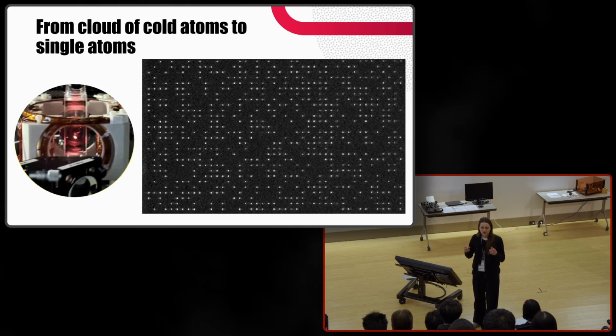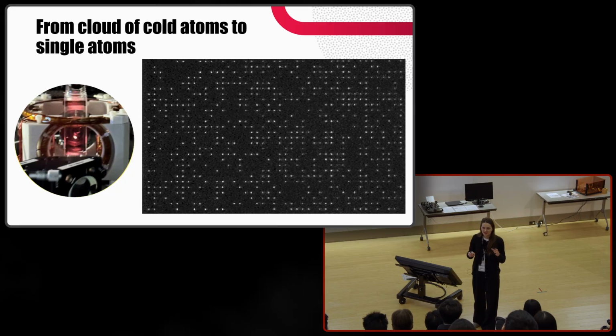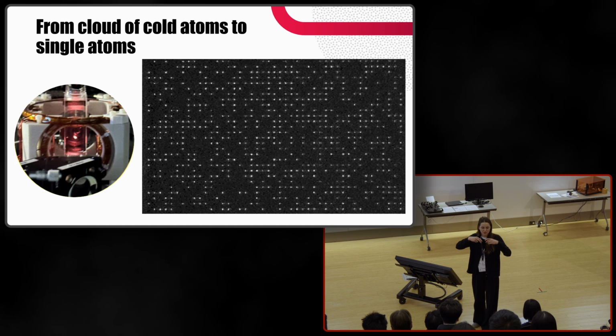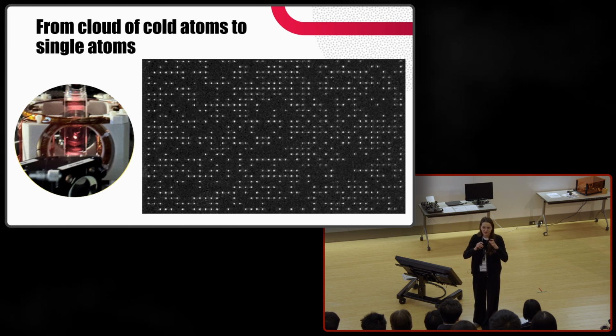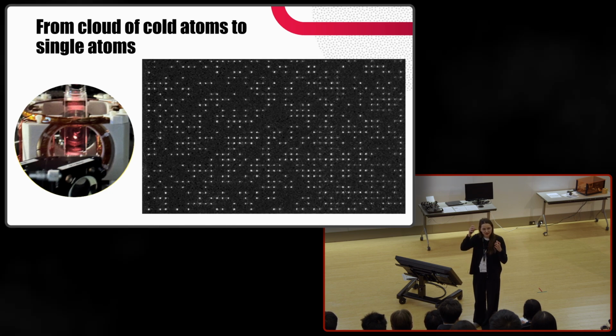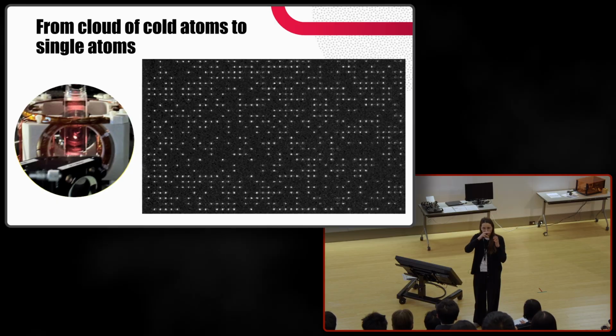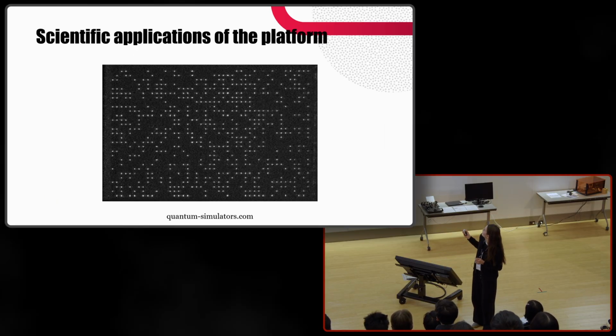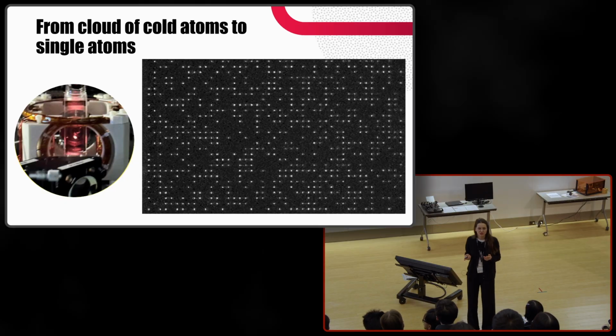If you trap them and you don't have a source of atoms coming in, over time they decay. For our single atoms, it's also limited to around